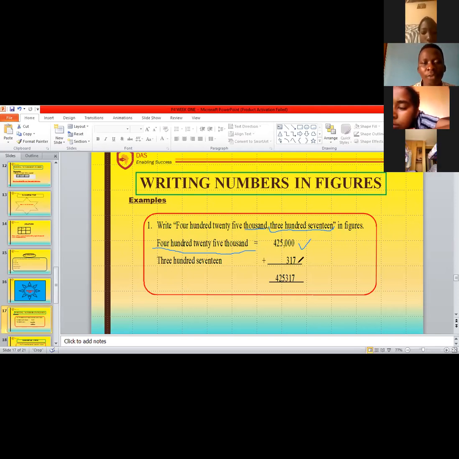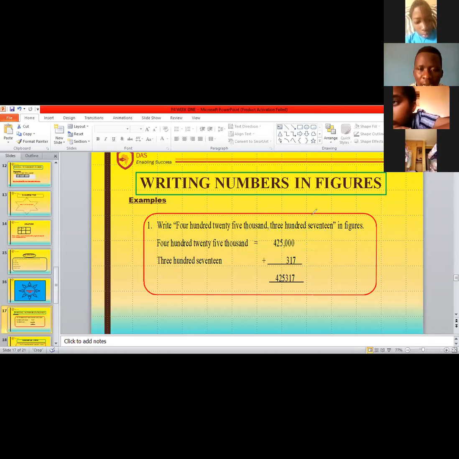317. Thank you. We shall have 300 what? 17. If we are to write the whole sentence back in figures, we shall put 317 to its correct place value, beginning from the ones. And when we are to get the sum, remember, in lesson 2, that was on Tuesday, we told you, sum is simply the answer we get after adding, right? That means we shall arrange 317 to its correct place value, beginning from the ones,